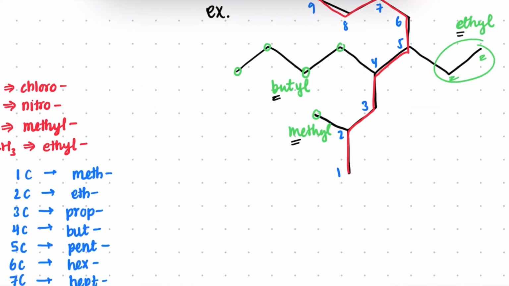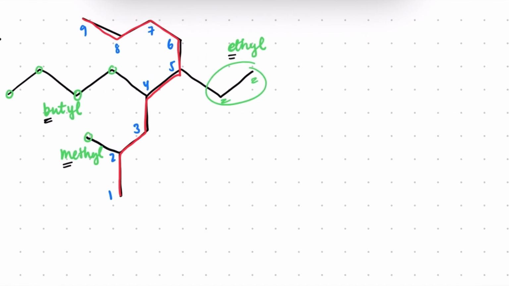So that's what we're going to look at right now. We're talking about our prefix. Since B is earlier in the alphabet compared to E or M, our first substituent mentioned is going to be butyl. So there's a 4-butyl, comma. And the next thing is E, because E comes before M. So then we've got 5-ethyl,